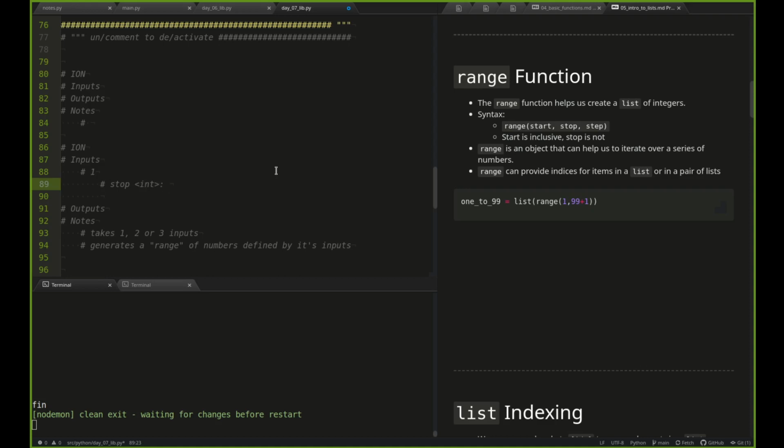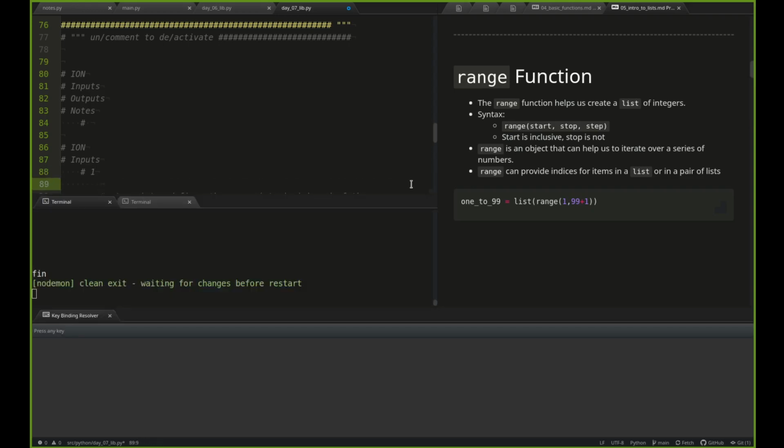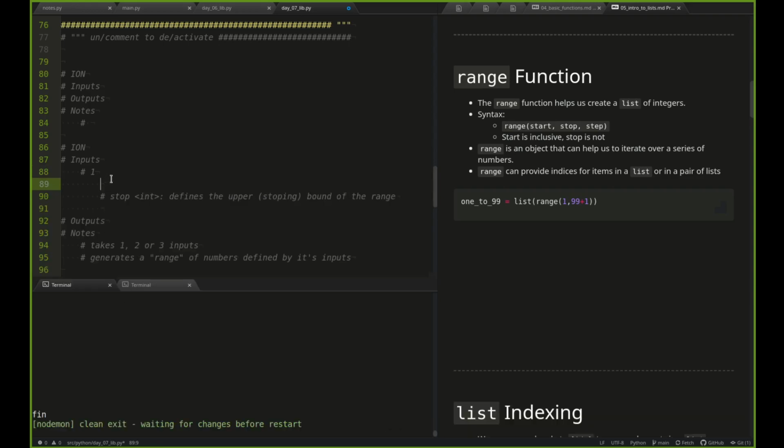And it defines the upper stopping bound of the range, right? So a range is just numbers in order, right? If we pass one input, it tells the range where to stop, and implicitly, I'll say this, for one input,